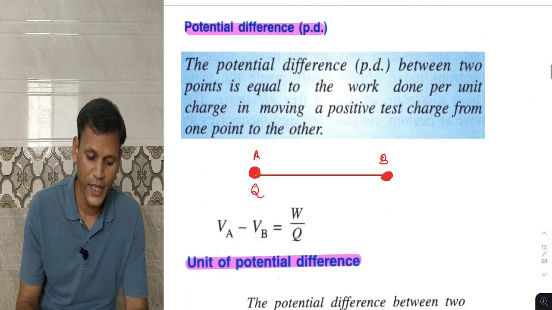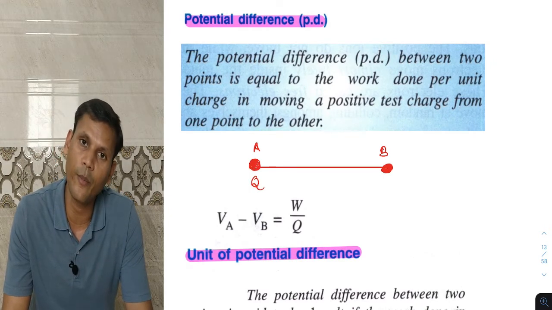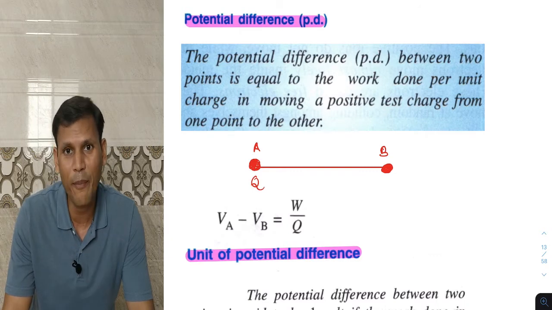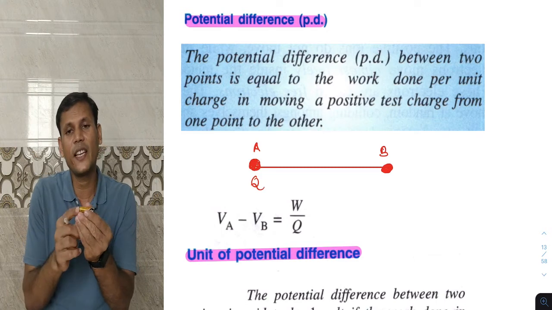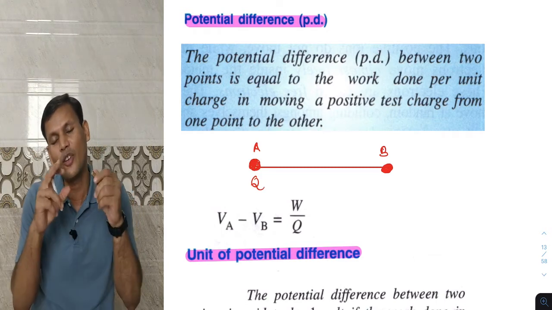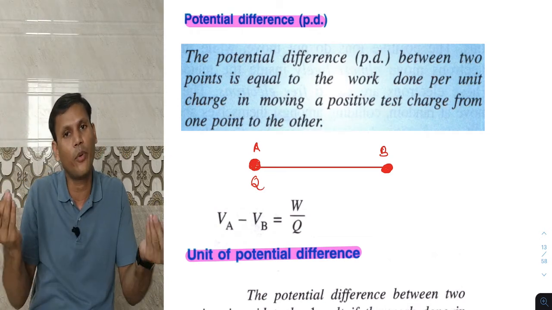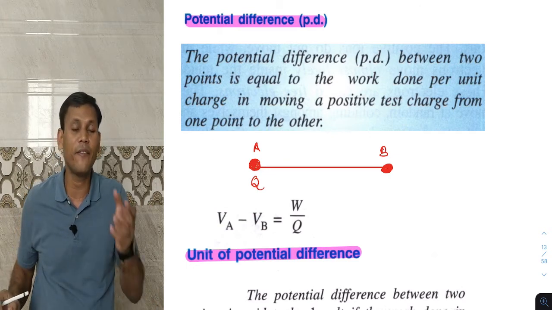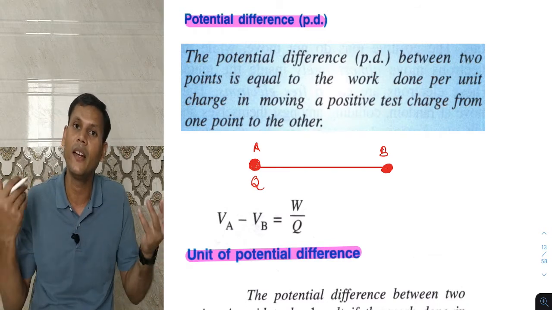Okay, the next term is potential difference. Difference between potentials: as I said earlier, there are two potentials, one is higher potential and the second is lower potential. I gave the example of this battery. Positive potential is higher potential, negative potential is lower potential. The difference between higher potential and lower potential is called the potential difference. Or in the case of a battery, we say the difference between the positive potential and negative potential is called potential difference.